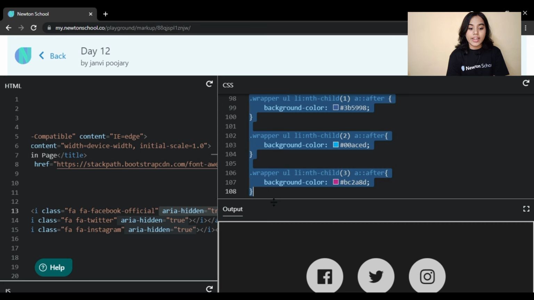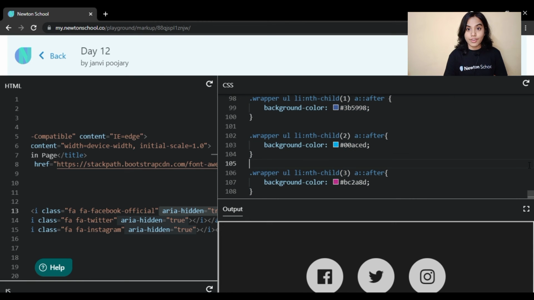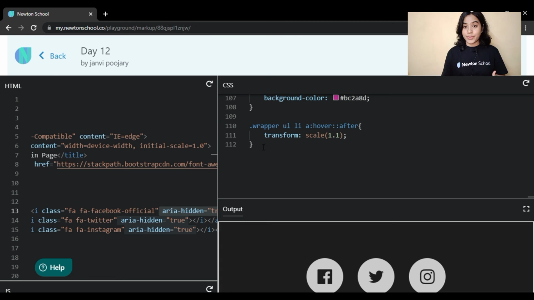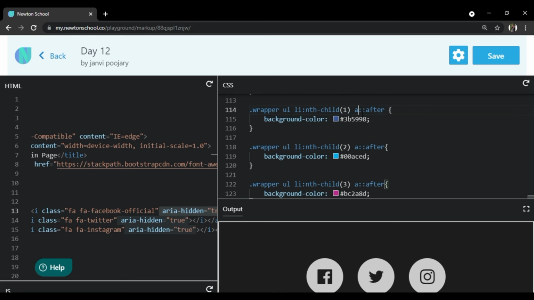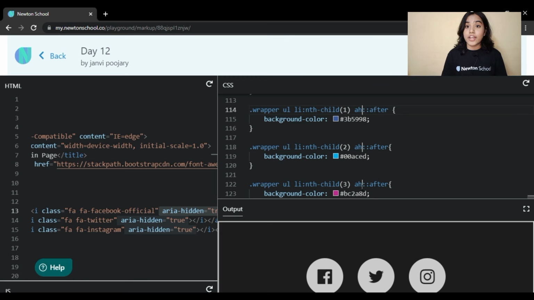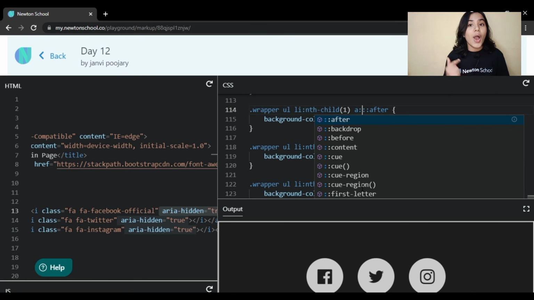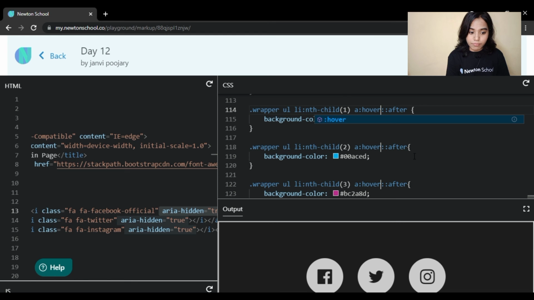Now if you see, we got a very cool effect, right? We got a very cool effect over here. Whenever somebody hovers on it, it looks really cool. But you may ask, Janvi, you told we were going to make some glowy effects here. We can see the effects, but we cannot see the glow effect. How to bring that glow? For that reason, we will do the same thing. But here we will not write the hover part. We will just write the after part.